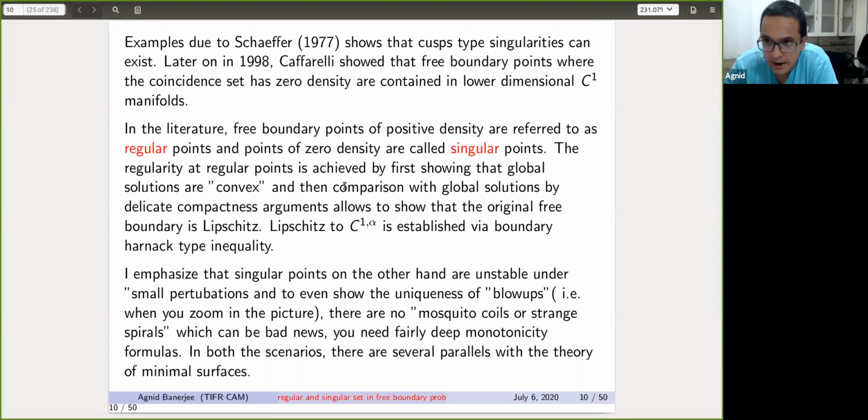And this is quite analogous to the theory of minimal surfaces, in the sense that it's really not a soft argument. So if I give you a minimal surface and I start blowing up, the first thing that I want to know is that the blow-up limit is a plane and not a cone. And based on that, you have this regularity theory for minimal surfaces, that cones only appear beyond a certain dimension, and accordingly the singular set is trapped in lower Hausdorff dimension.